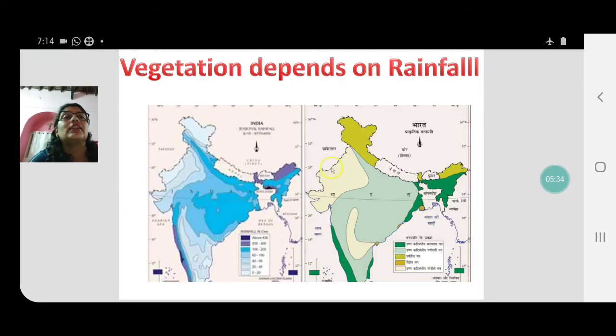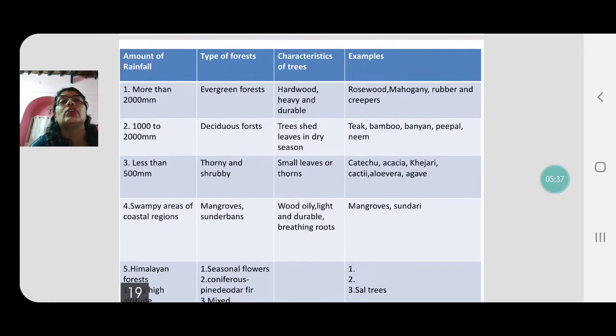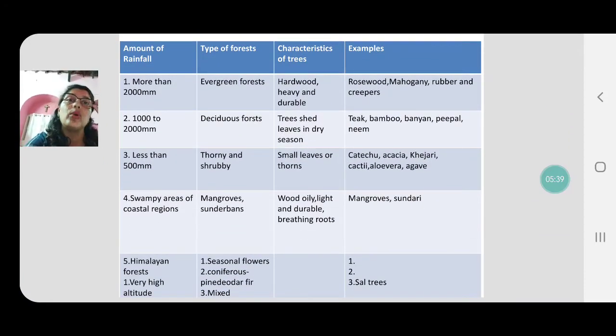Now we will classify the forests found in India on the basis of rainfall. In the regions with more than 2000 millimeters of rainfall, those are shown in dark green. Mainly you find the southern slopes of the Himalayas and the western coastal region and the Western Ghats mainly have these type, more than 2000 millimeters of rainfall, and there are evergreen forests here also on the eastern side. A little bit in Orissa.